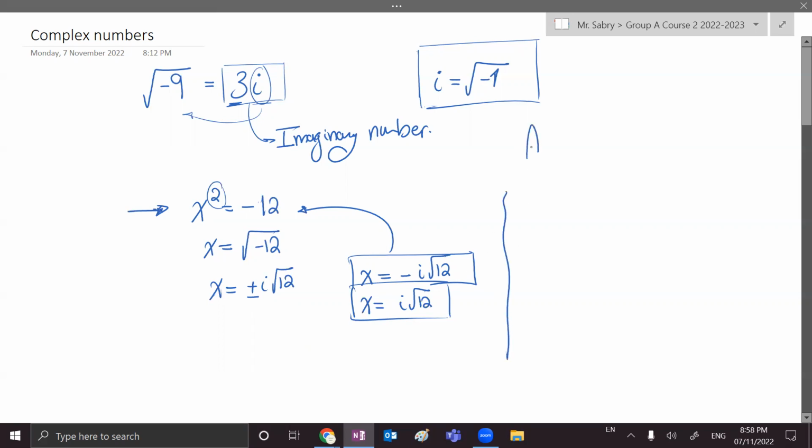We also need to learn how to add, subtract, multiply, and divide complex numbers. We did that before, and it works just like the x's. If we have something that goes like this,